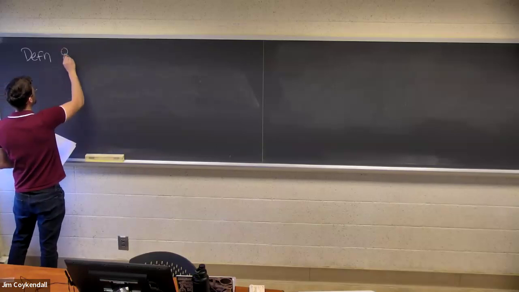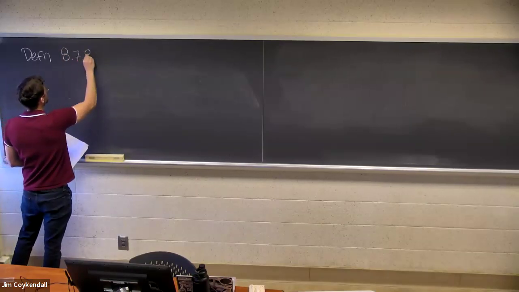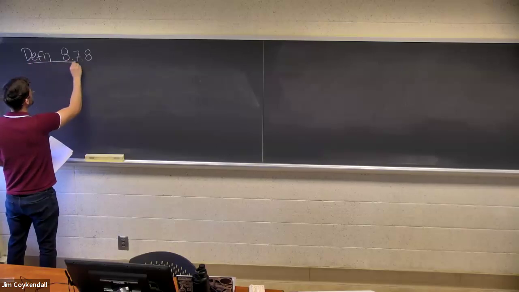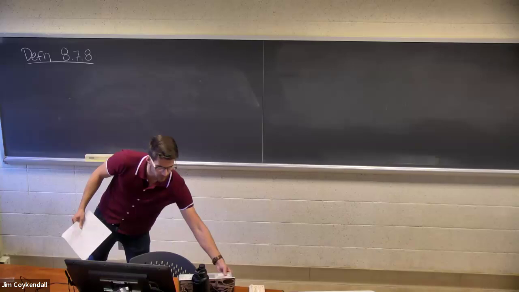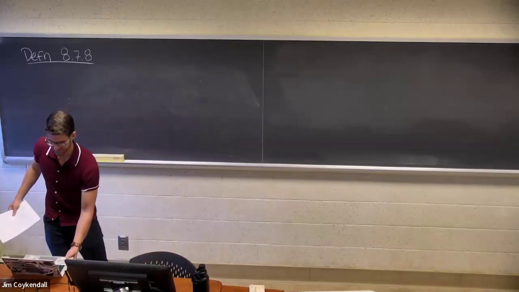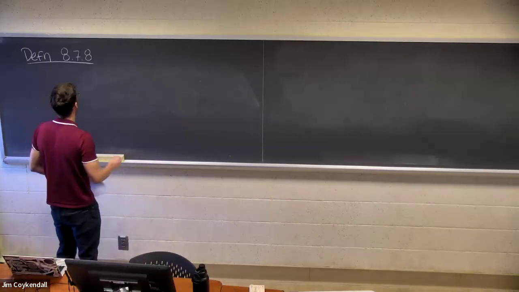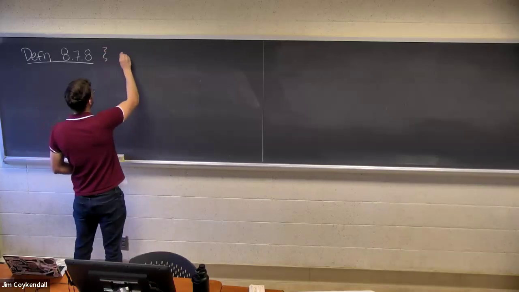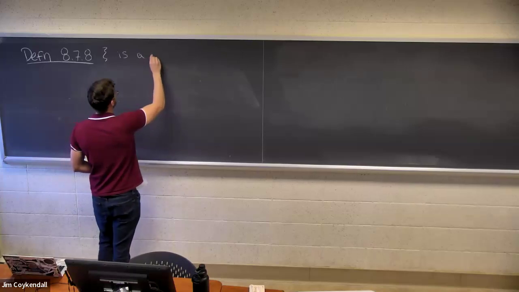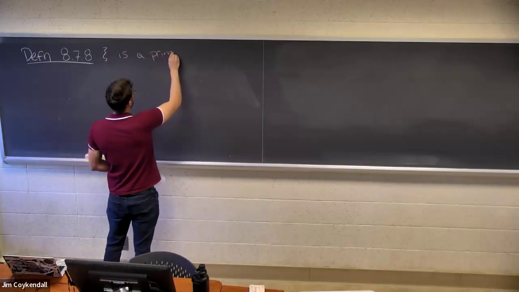8.7. Did he define primitive roots of unity last time? Well, we'll do that again anyway. You say that zeta is a primitive nth root of unity